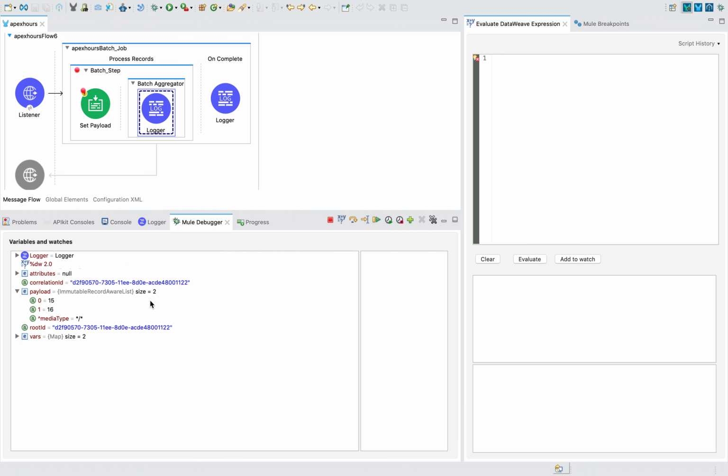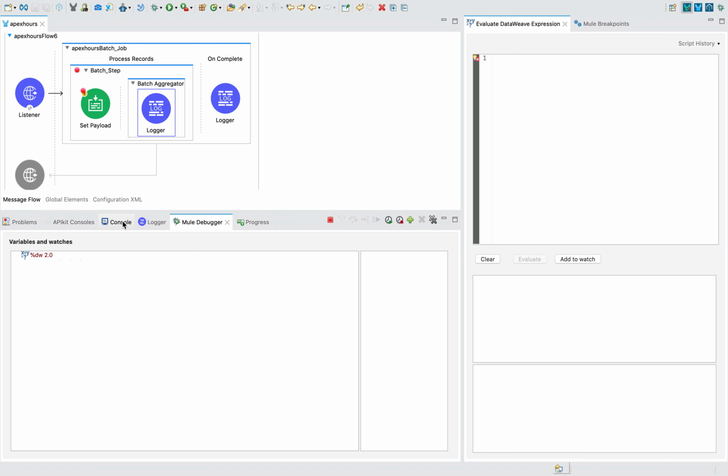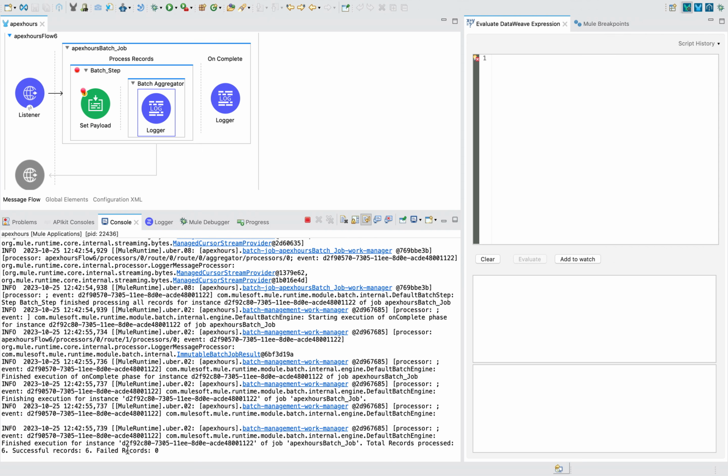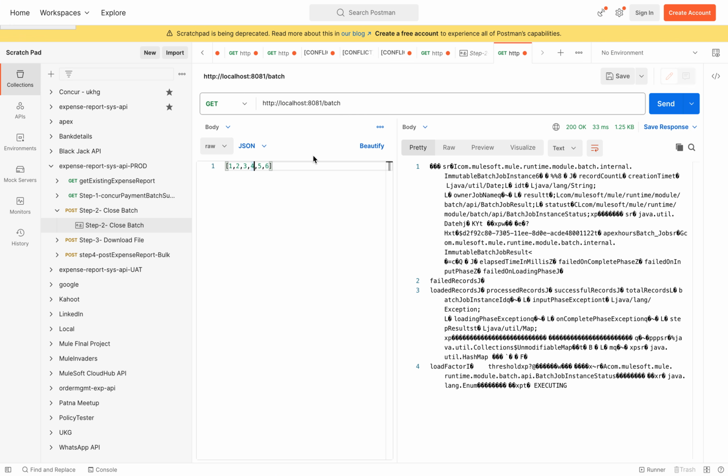it is not printing, but usually in the certification exam they will give it like this, so you have to say 11 12, 13 14, 15 16, something like that. And then statistics will be displayed over here. You can see here, finished execution of the instance, how many successful records, how many failure records, and all are printed over here. Now what if I am giving a dummy value like a here so that it will